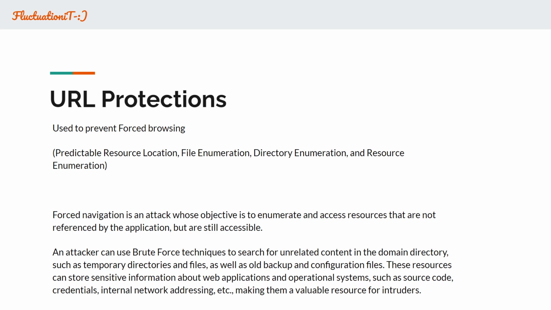We have also, of course, the URL protection. This is very well known, because URL protection is something that you must also use to protect. URL protection is used to prevent forced browsing. So it's a predictable resource location, file enumeration, directory enumeration, and resource enumeration. Forced navigation is an attack whose objective is to enumerate and access resources that are not referenced by the application